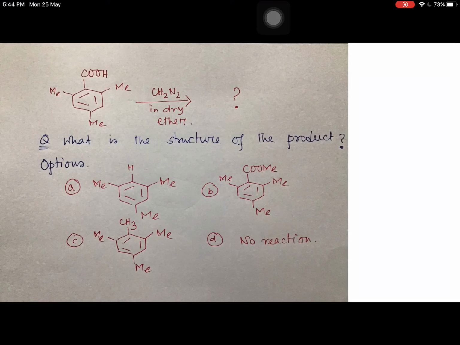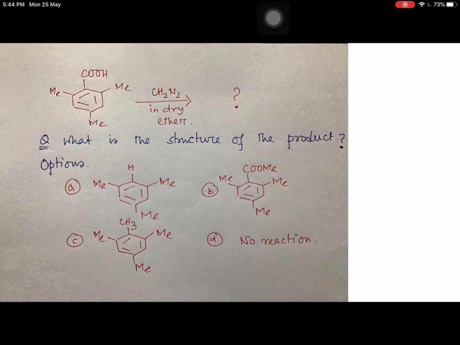So as usual, I first request you please look at the question. What is asked? This acid treated with diazomethane in dry ether, what is the product? In order to find out the actual product, 4 options are provided, and you have to choose the right product. Please pause the video and try by yourself, and this will help you with self evaluation about your current status. And definitely I shall explain this question right now.